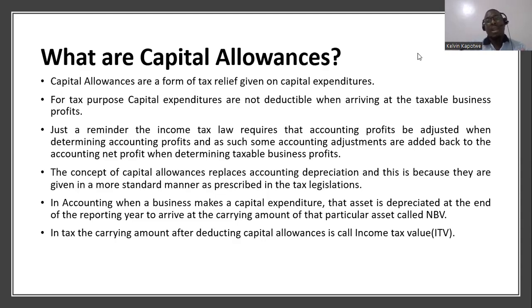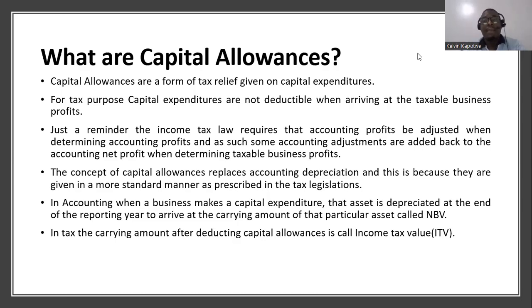So when you buy non-current assets to be used over a period of say 5 years, your company is going to decide, okay, we are going to use this asset for 5 years, and after 5 years, I think we should dispose of it. So what they are then going to do is, if the vehicle was purchased for 250,000 kwacha,